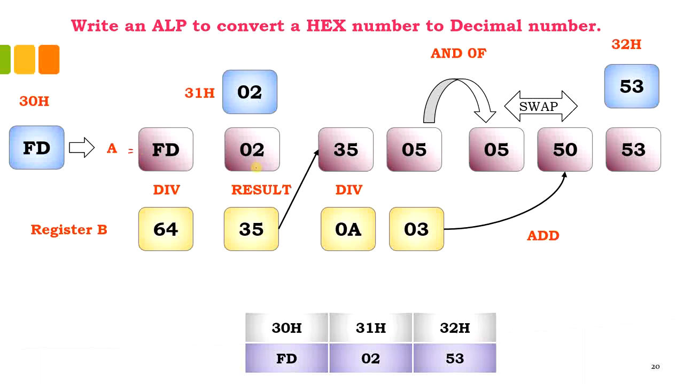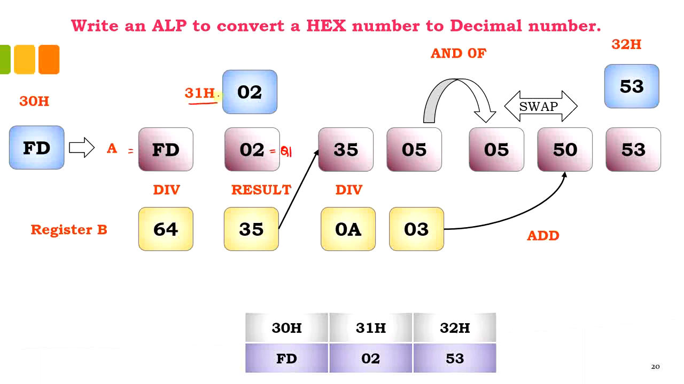Why 64H is because the equivalent of 64H is equal to 100 in decimal. So when I perform division, I should have my dividend in the accumulator and the divisor in the B register, because I'm using the opcode DIV AB. So when I do that, FD divided by 64 will give me the result 02, which is nothing but my quotient 1. This quotient 1 was the one which was giving me the highest digit of my result. So that has to be stored somewhere, and that will be stored in the location